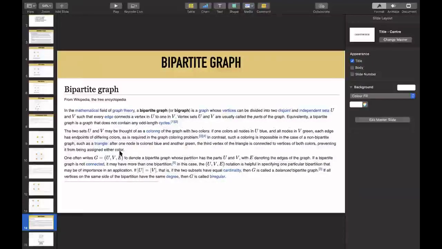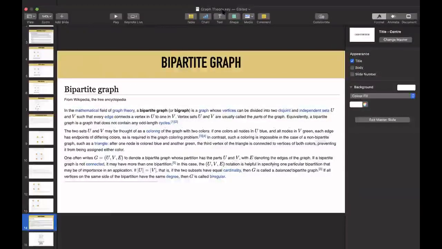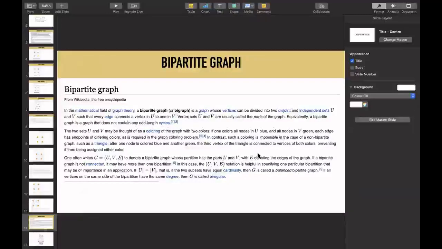It says that in the mathematical field of graph theory, a bipartite graph is a graph whose vertices can be divided into two disjoint and independent sets U and V such that every edge connects a vertex in U to one in V. So basically there is no edge between the nodes that are present in set U, and there is also no edge between the nodes which are present in set V. But there's an edge between nodes which are present in set U and V. So there'll be an edge connecting a node present in U to a node present in V.